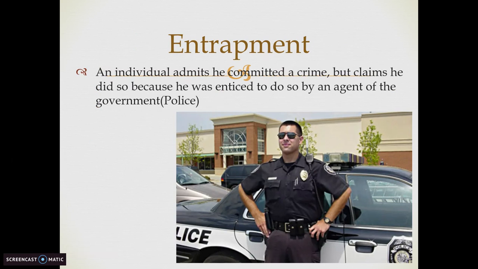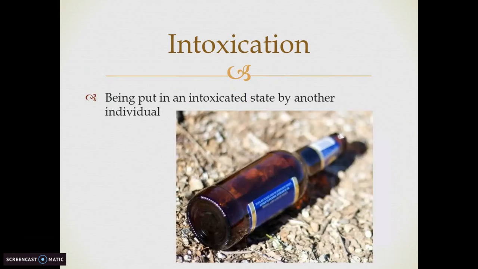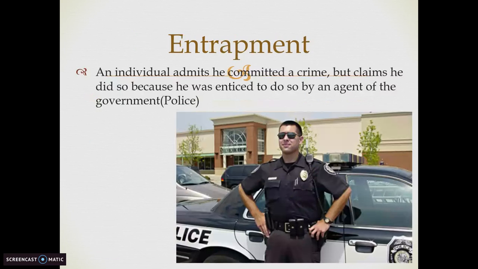An example would be, let's just say, in the case of a drug deal. Now how entrapment works is the officer of the law must initiate the crime itself. And so, if we're talking in the case of a drug deal here, and the officers are going to use undercover officers to try to catch the drug dealer in the act, they need to be very careful not to entrap that potential criminal.